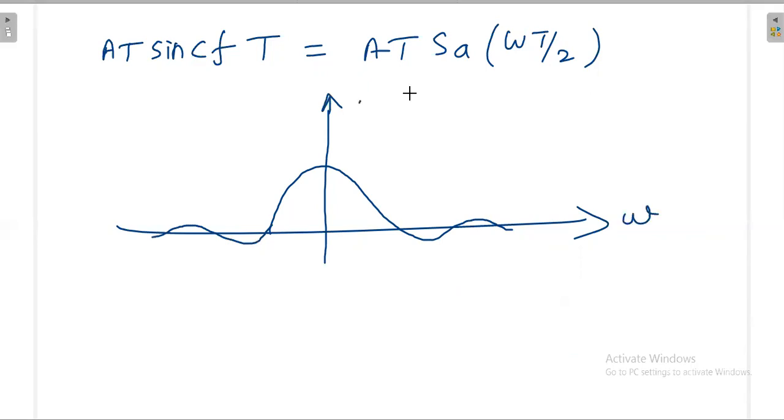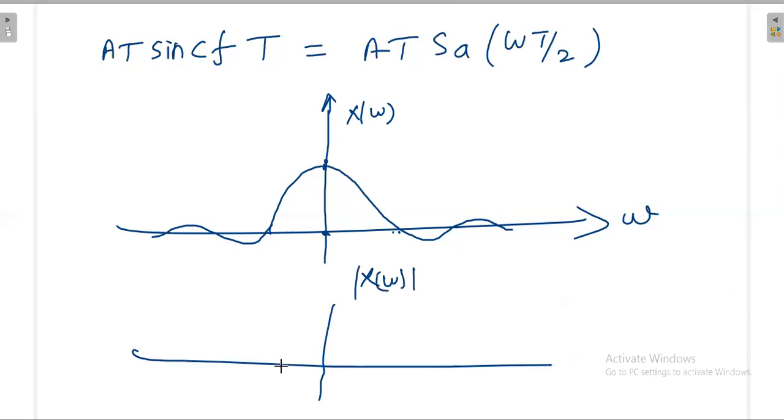That means exactly when your frequency is 0, you are having more amplitude contribution. When you increase your frequency, the contribution decreases. Again, here we cannot put the magnitude, because once you put the magnitude, all will be positive. So we'll just put X of omega, because it goes like this. But if you take the mod, the modulus value, then it comes like this. Okay, this is the mod value.